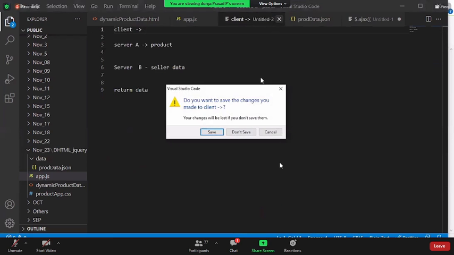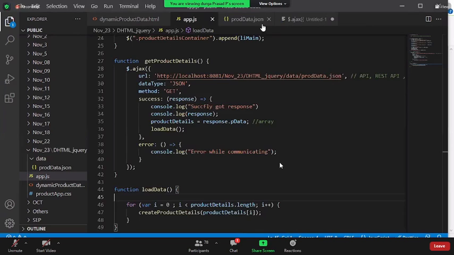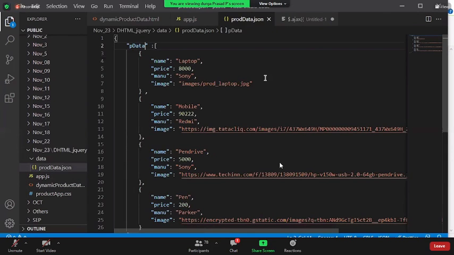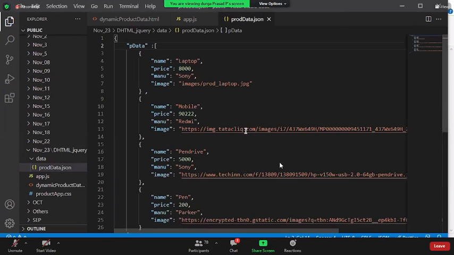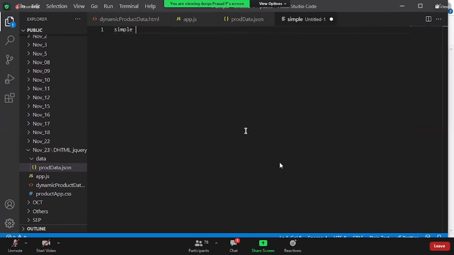Okay, let me close the unnecessary part. We are taking a simple .json file and treating it as a web service URL. But now, I am the server guy here. I have a bit of an idea about the server. Why don't I help you create a web server or web service? I will show you very simple steps to create a web service in Node.js.